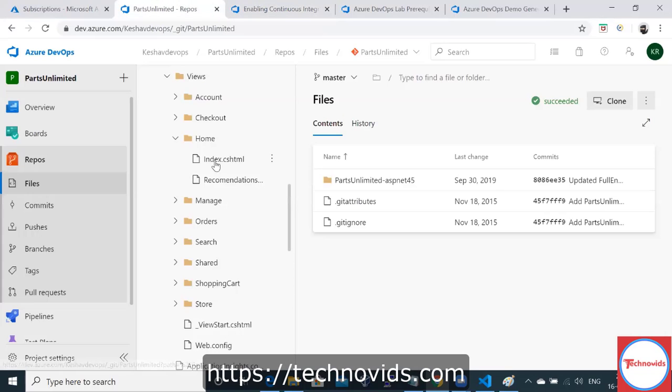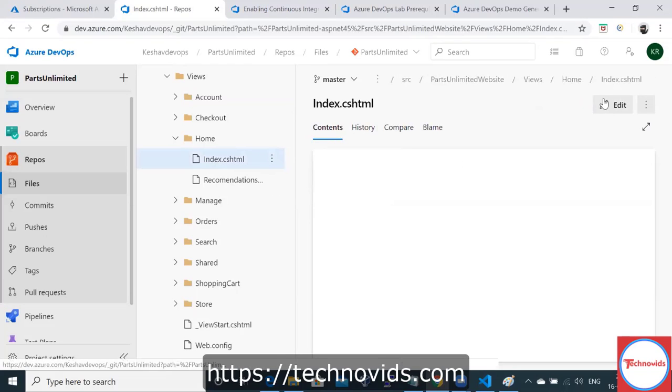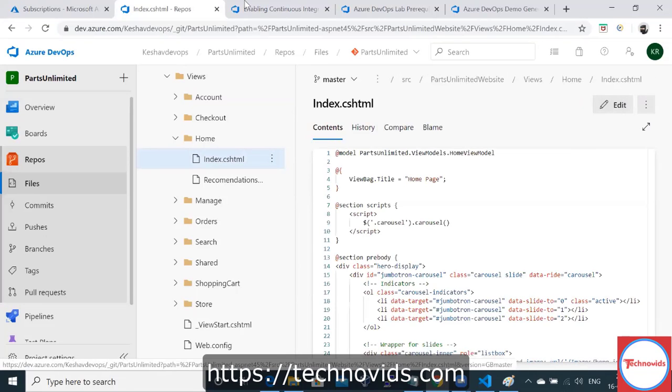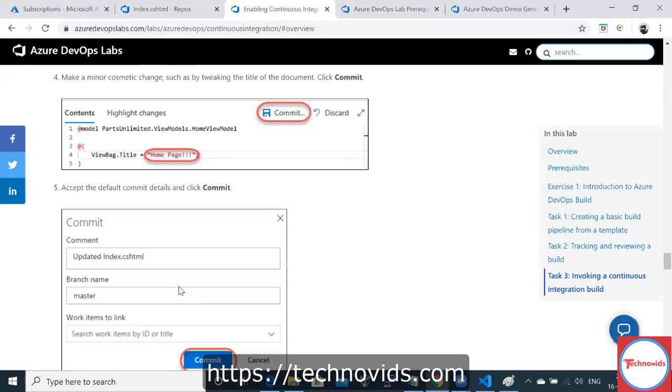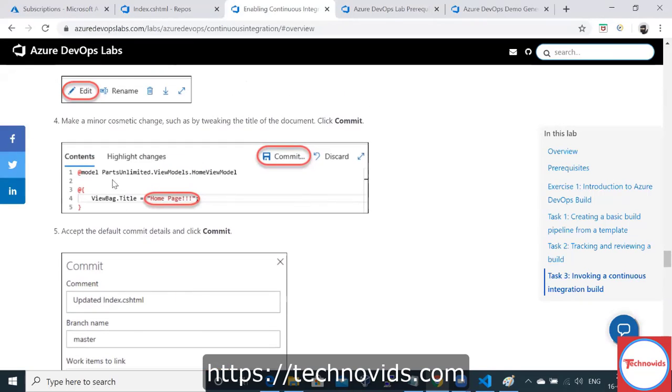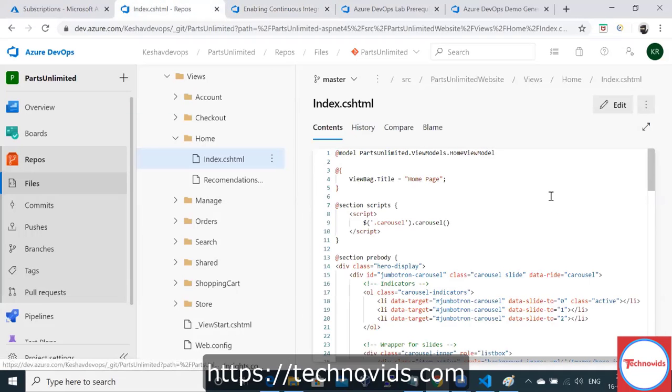Index HTML. Okay, here we are. So we'll do some editing here. Here I will do some changes.